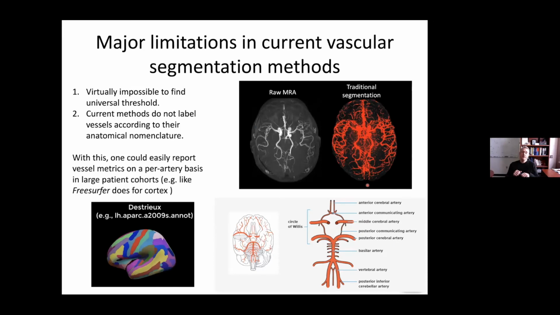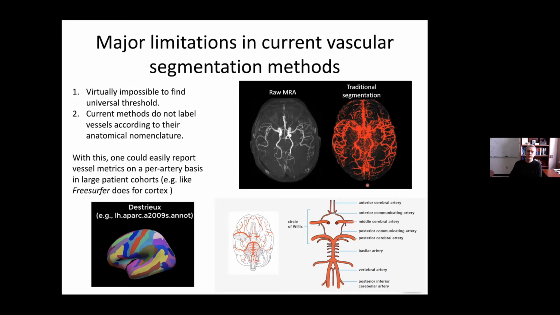Now, all this is good, but the problem is that as soon as collaborators sent us some images, we always ran into the same problem in segmenting these vessels. And it's a problem that we didn't really know what to do with, and it was the concept of thresholding. At what point do you decide a blood vessel is a blood vessel and not just background noise? And MR angiography images are unique because the signal that you measure is going to highly depend on the angle at which the slices are acquired.